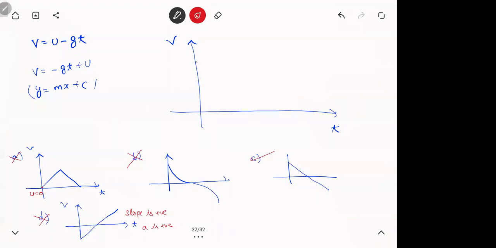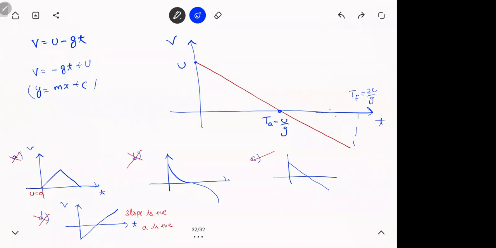Now, if you try to draw the graph, see, it looks like this. You can actually draw the graph. You don't need to guess. This is still easy, but I'm just telling you how the options work if they are given. This will be the time of ascent, U by G. This is the initial speed U. Somewhere here you'll have the time of flight, 2U by G, when you reach the ground. Can you see this equation has a negative slope and a positive intercept? Negative slope means the angle should be obtuse, no? That's why the line is like that.